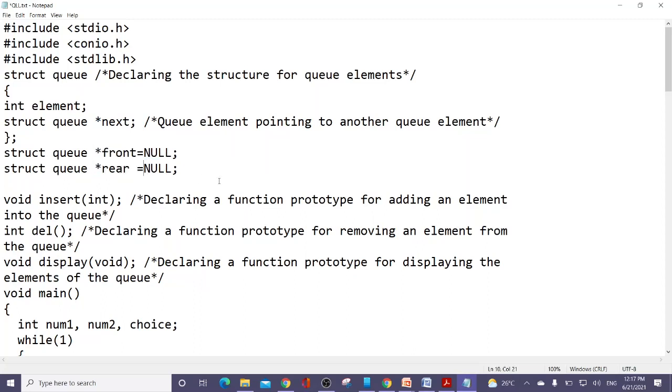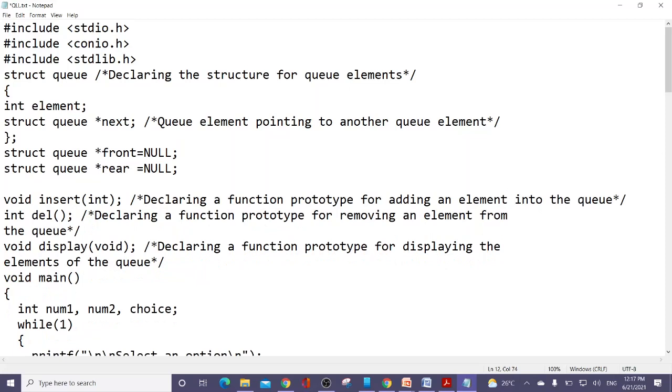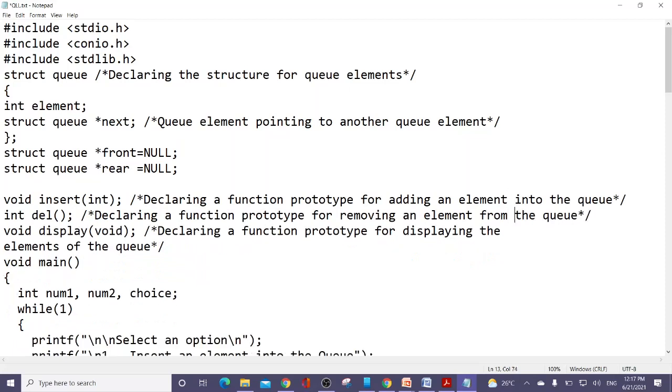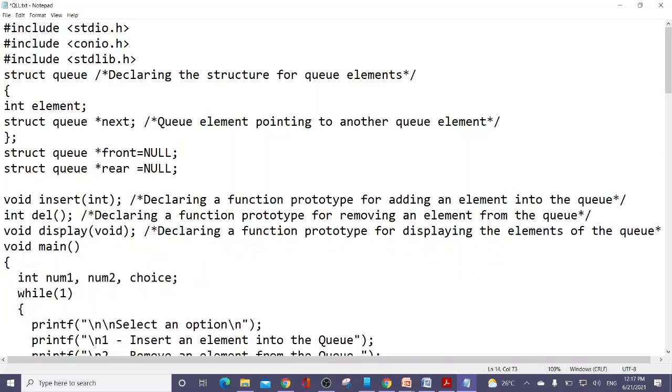Initially, both front and rear are pointing to null. You have a function for insert, a function for delete, and a function for display. Insert, delete, and display. So, three functions are ready.